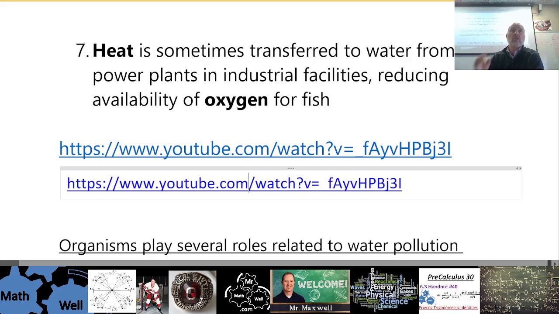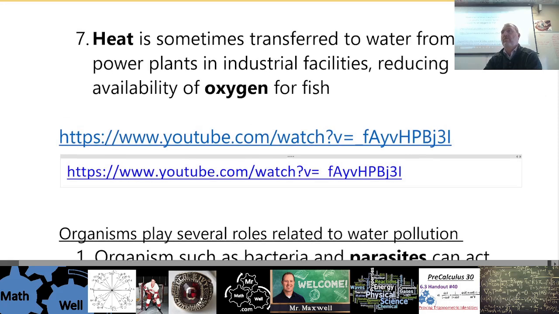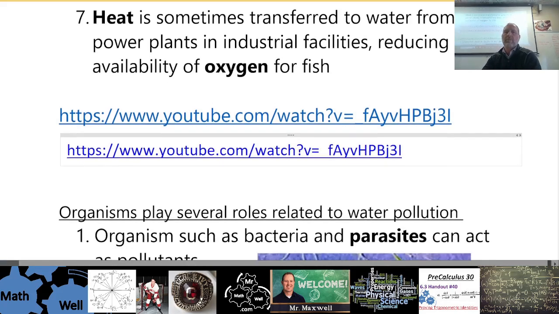So it's thermal pollution is what it is, but heat, when the water becomes warmer, which is usually the problem, there's less oxygen able to stay dissolved in the water. So gases can be dissolved in liquid, and when the temperature is too high, less oxygen will be able to remain dissolved in the liquid, and it will bubble out as gas, and the fish won't be able to use it.